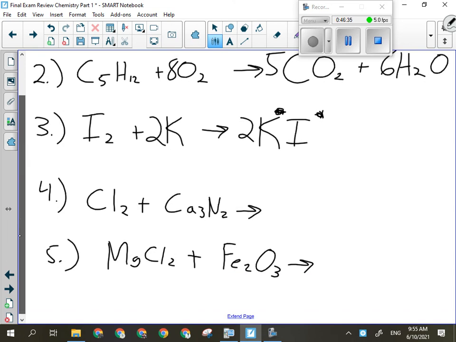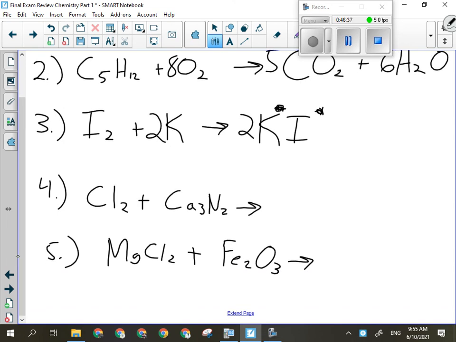Okay. For question number 4, what kind of reaction is that? That's a single replacement reaction. Okay, the pattern for a single replacement reaction is the element replaces the part of the ionic compound that it is like, which means chlorine and nitrogen are going to switch places. So nitrogen is going to wind up alone, calcium is going to end up with chlorine, right? And I've already identified that nitrogen is a special element. That's one of the things I have to do when I'm checking my products. The other thing I've got to do when I check my products is drop and swap my ionic compounds. Okay, so this will be